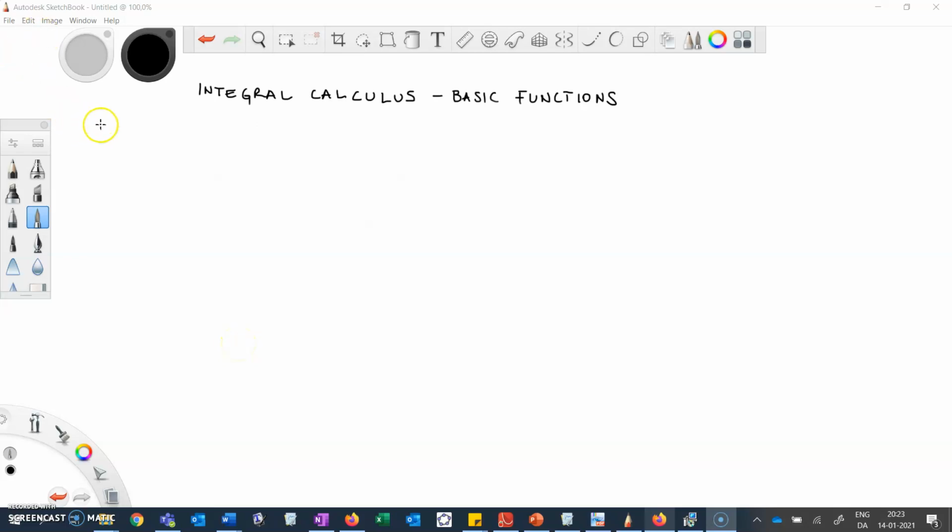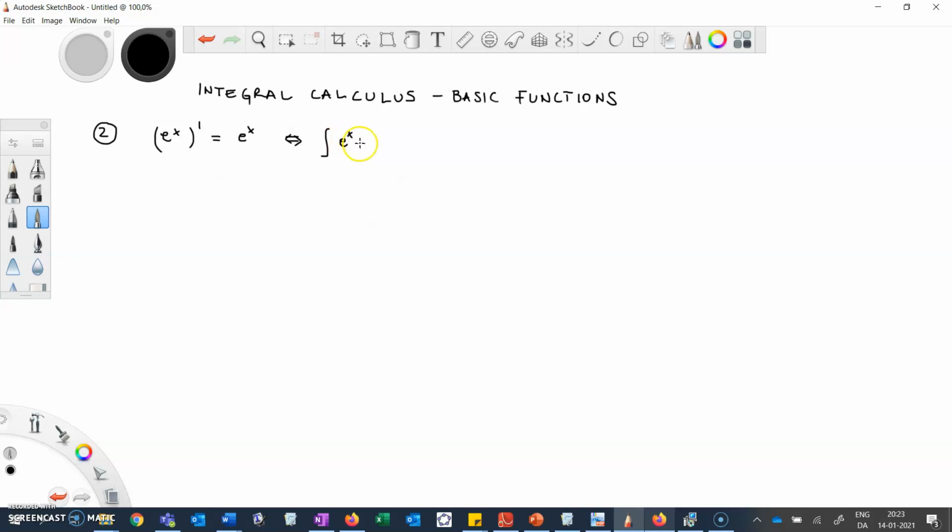Another function that we met is the natural exponent. As you know, if I take e to the power of x and I derive this function, I will get exactly the same function. This is a property of the natural exponent, which means that now if I have to solve an indefinite integral